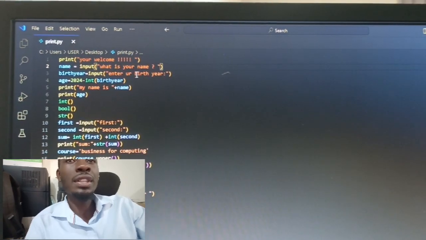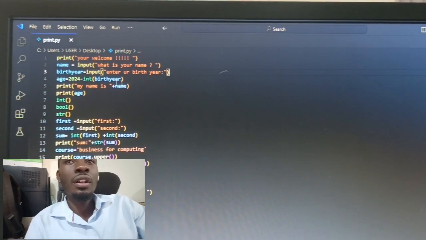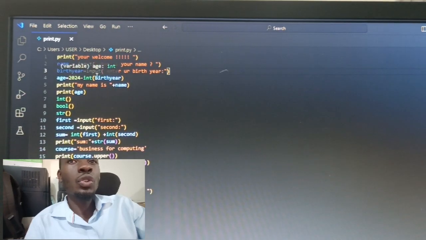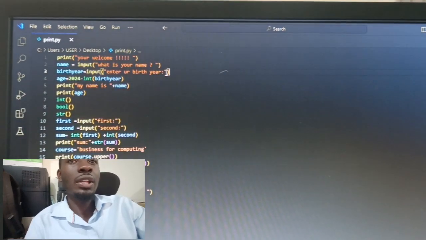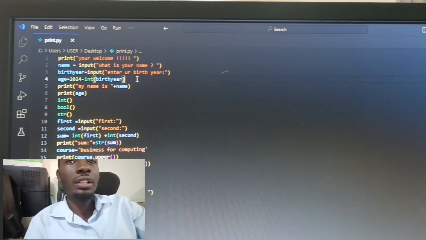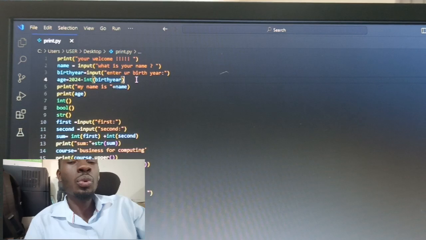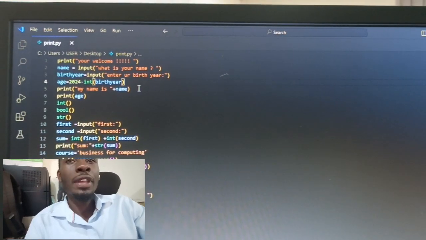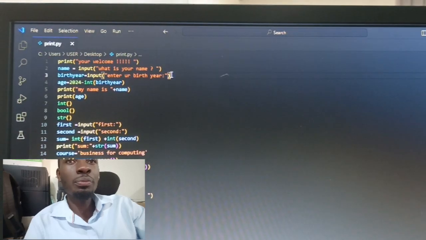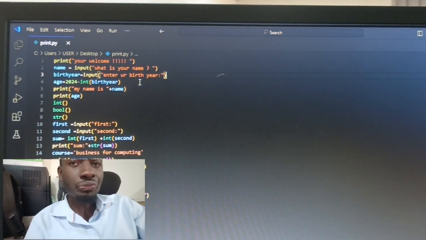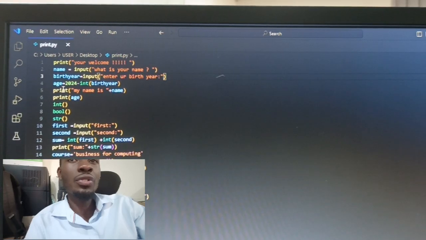That we shall get the year that you have entered here, then the 2024 is going to subtract the year that you entered. Let's say it was 1999. It will pull out your age: you get 2024, which is the current year, and subtract the year that you input, then it will give you the current age. Then on line 5 we're also saying print